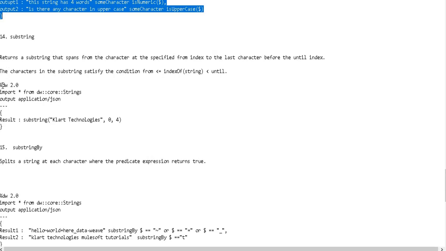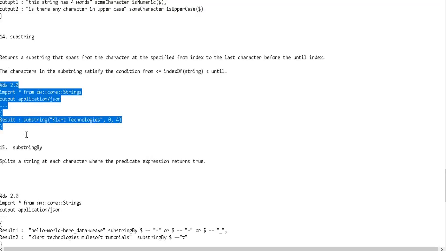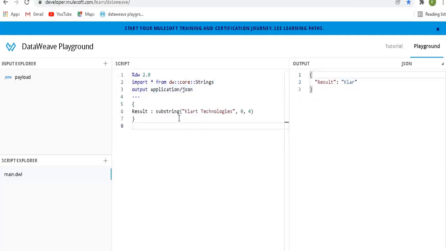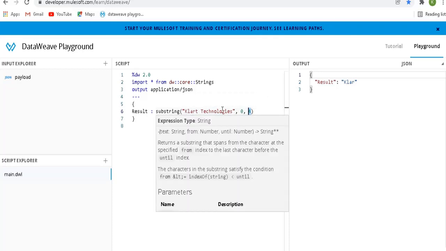And the next one is substring. If you are aware of Java, this will be very useful for you, even though it is self-explanatory. See, substring function 0 to 4. So from letter 0 to letter 4, it will display the output. It will count from 0. Input string is class technologies.